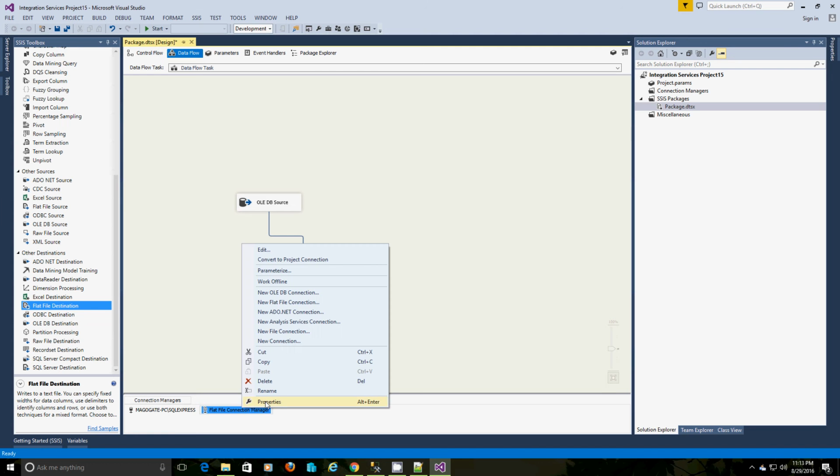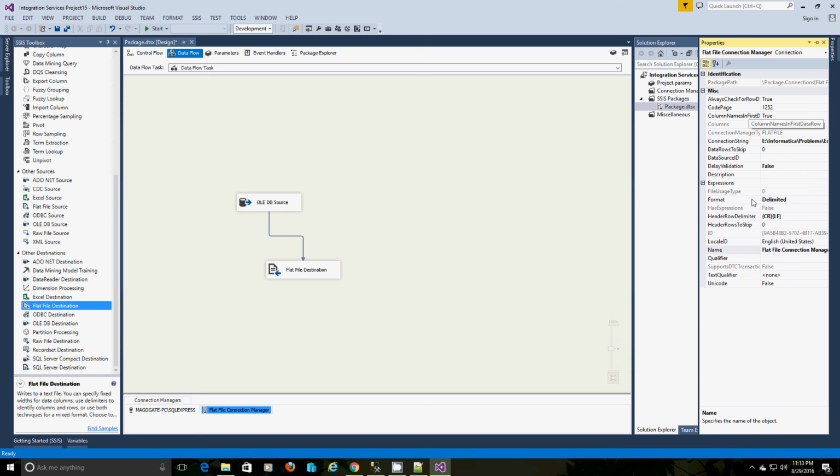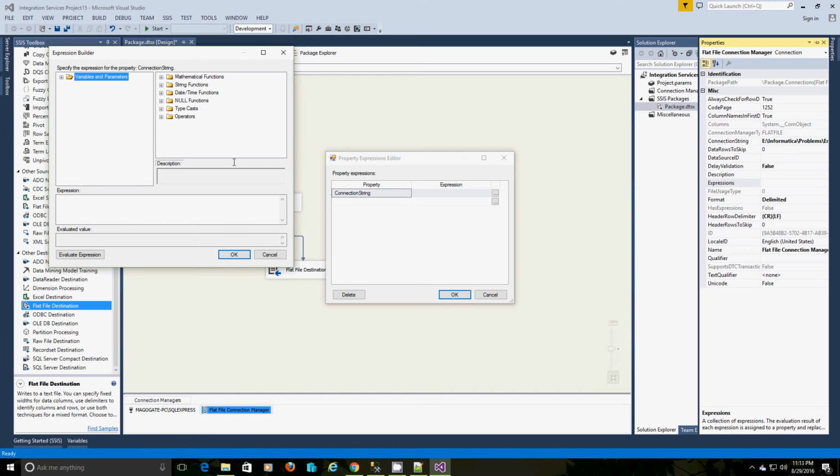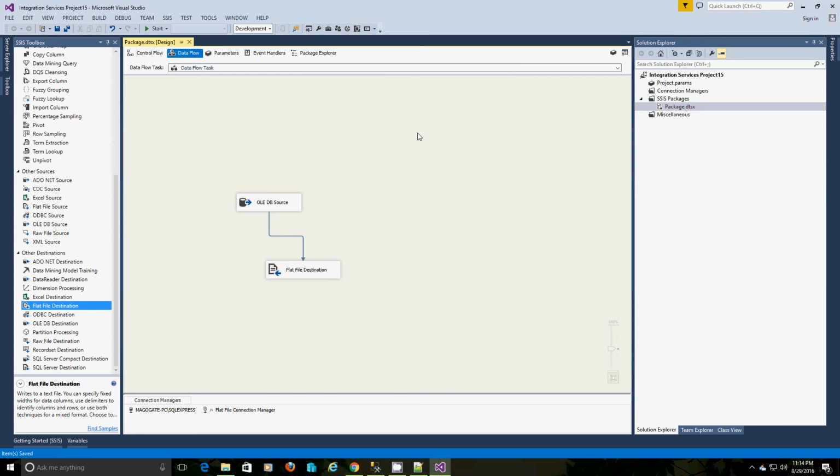Go to the properties of the flat file connection, go to expressions, and define the connection string value as the combination of folder name and company name. If you want, you can define an extension as well. I'll use CSV. We are done.